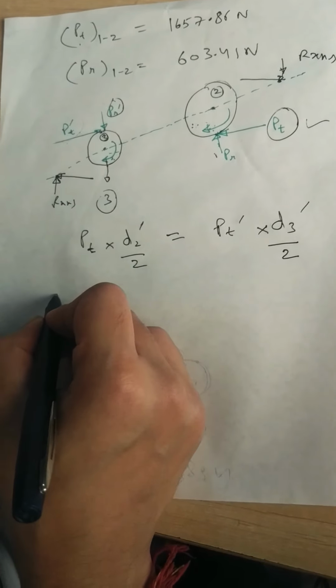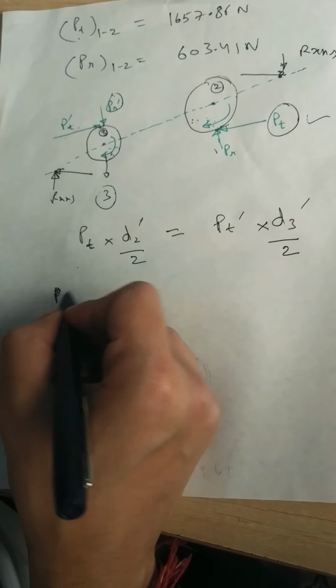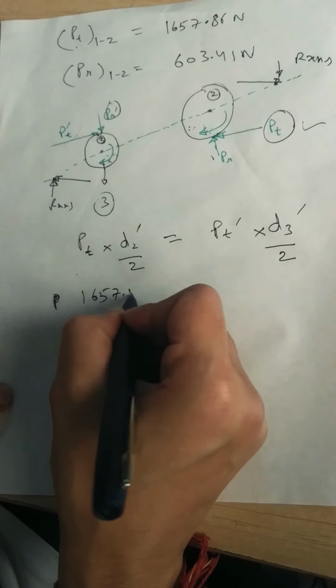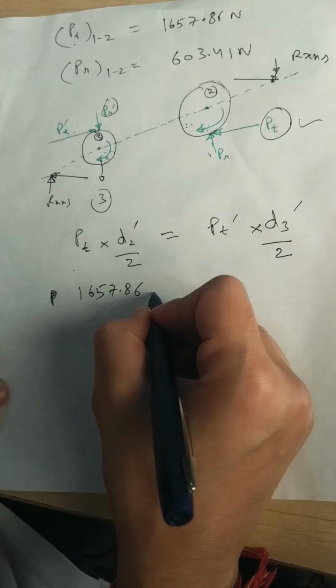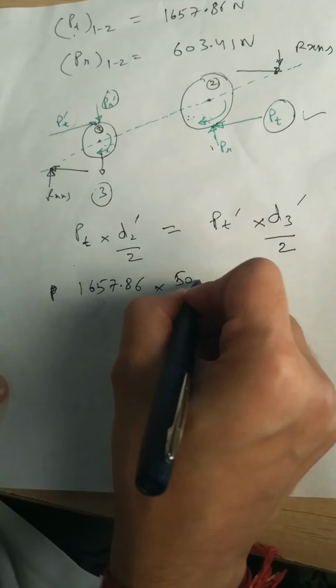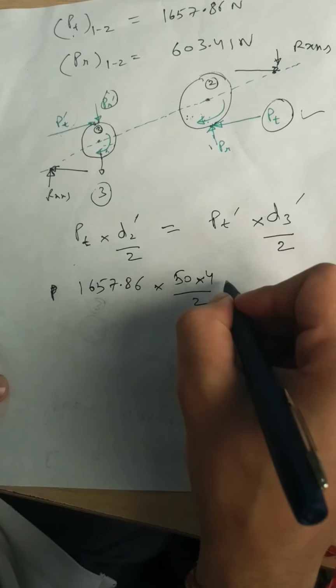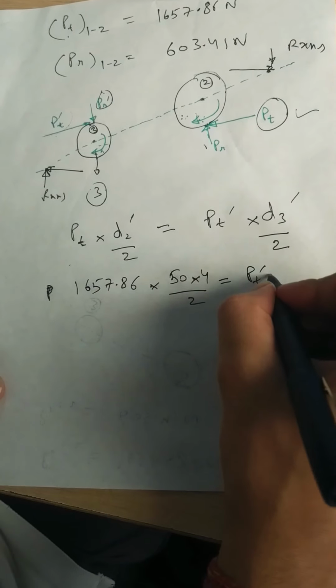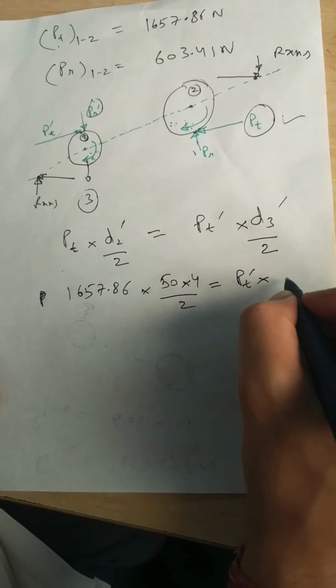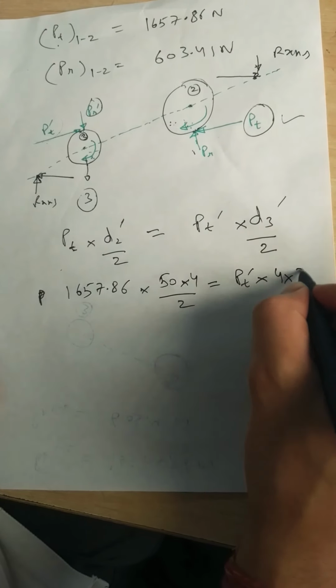So by that, PT is 1657.86 into 50 into 4 divided by 2 equal to PT dash into D3 dash, which should be 4 into 30